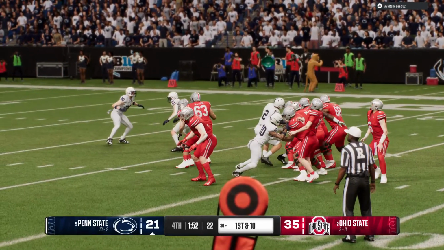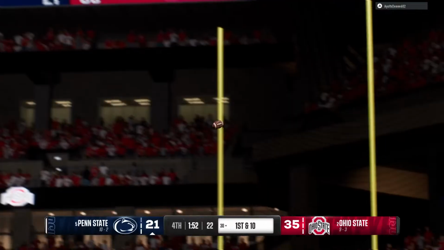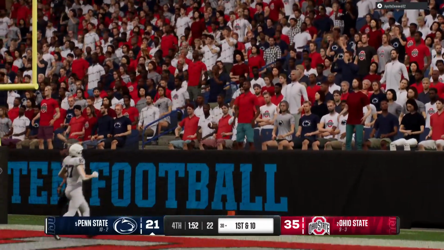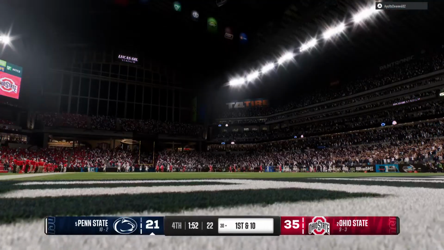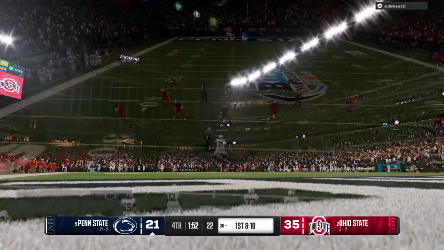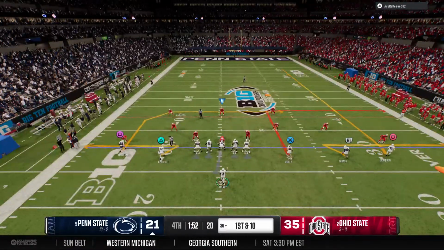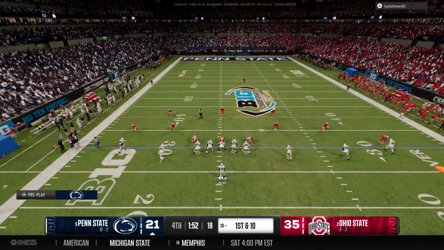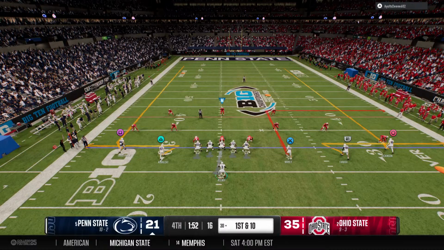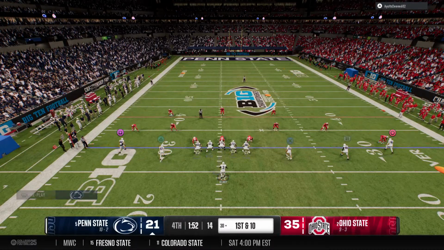Well, that's going to go down as an empty possession for this offense. No points as he's off target. Now you can see he's hanging his head. Poor kicker. And the Penn State offense is back out on the field. That last possession, they got stopped on fourth down in their own end. Let's see if they can get it going this time.